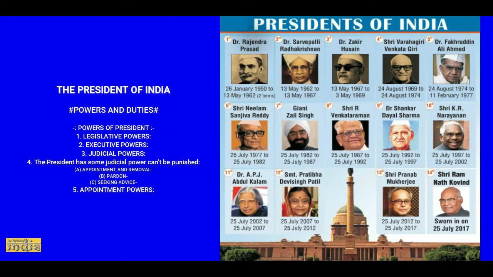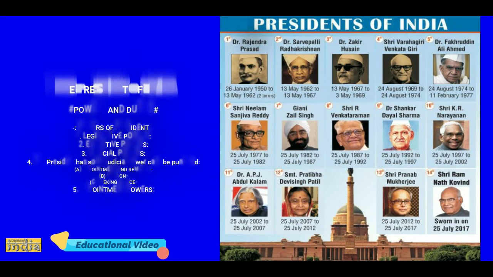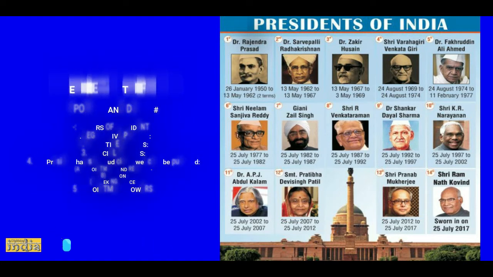In India, a public bill cannot become an act without the assent of the President. A bill passed by the Union Parliament is sent to the President for his assent. The President may give his assent to the bill, or may withhold his assent from the bill, or he may return the bill to Parliament for its reconsideration. If the bill is again passed by both houses of Parliament, the President shall have to give his assent.